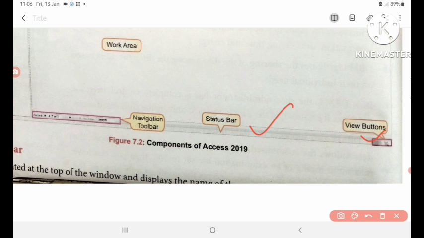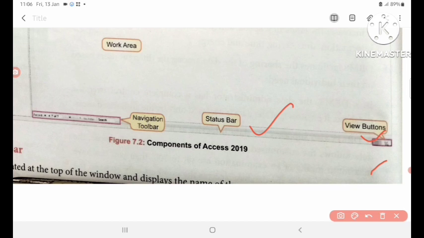Children, in MS Access there are two views, datasheet view and second is design view. So you can see the view buttons here on the right side. There are two buttons here, first datasheet view and second design view. Clicking on one, you can see your database in that view.